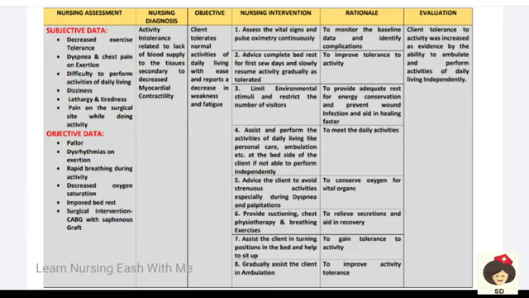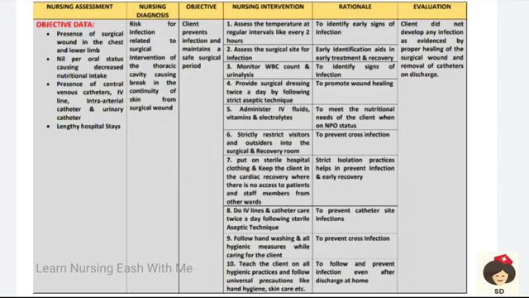And advise the client to avoid all strenuous activities. Especially during dyspnea and palpitations, he has to avoid strenuous activities, and provide suctioning, chest physio, and breathing exercises. This helps in early recovery and the patient can maintain his activity. And also help the patient to turn in the bed and sit up slowly, and then gradually you can help in ambulating the person. Next is risk for infection related to the surgical intervention of the thoracic cavity, causing a break